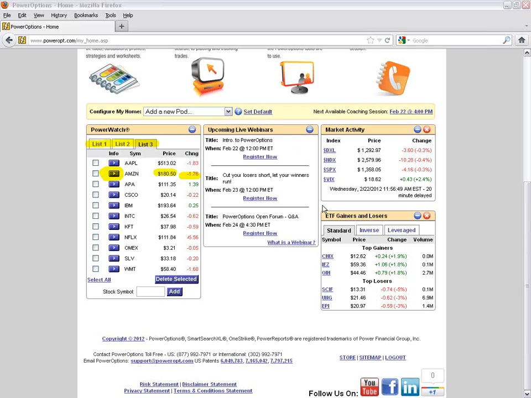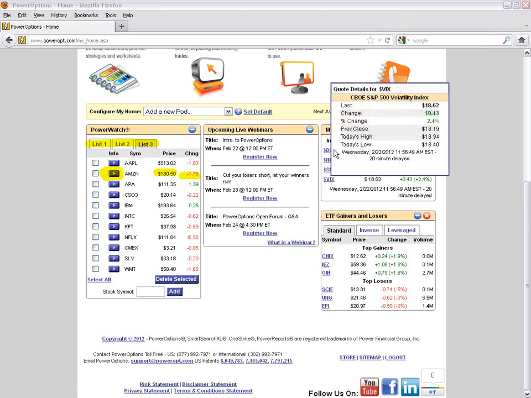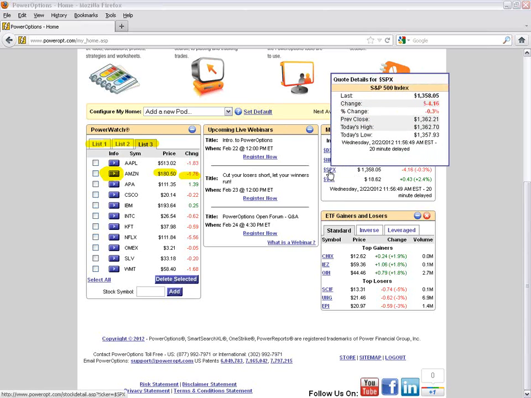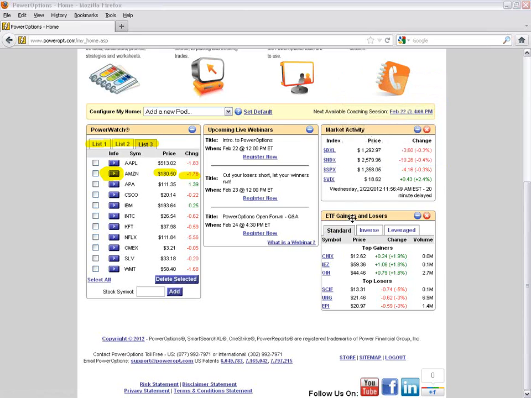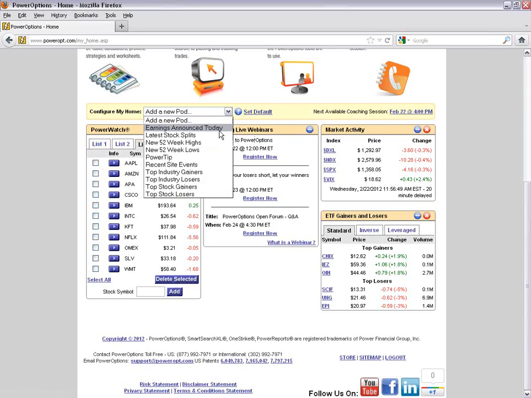The listing of upcoming live webinars. Over here I also have market activity, which shows some changes in the broad-based indexes, the SPX, for example, NDX, Dow Jones, and the VIX. And I also have a pod here for ETF gainers and losers, so I can see the standard, the inverse, and the leveraged. And there are other data pods that you can select. Over on the left here you can see the listing of earnings announced today, latest stock splits, stocks that hit new 52-week highs or new 52-week lows, recent site events, for example, top industry gainers and losers, and top stock gainers and